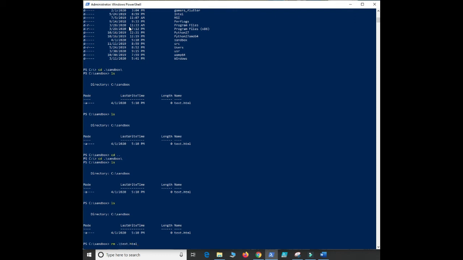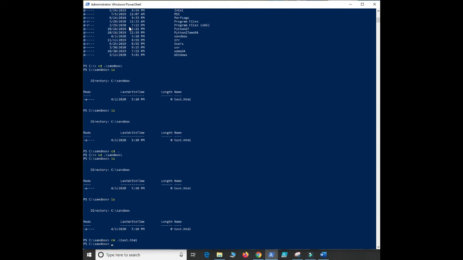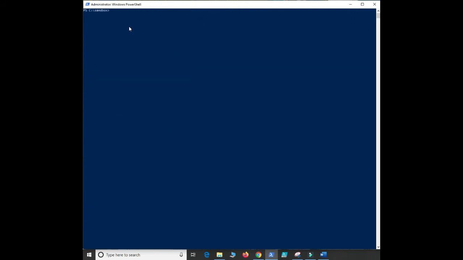Just do t, start typing it, hit tab, right? I can do tx tab. I could do txt.h. At any level of autocompletion, that's what it's going to do. It's kind of like in a Google search where you're typing something and then it pops up, right? So I'm going to rm that, right? Clear this out just so that we can get rid of all that gunk. By ls again, nothing's there.